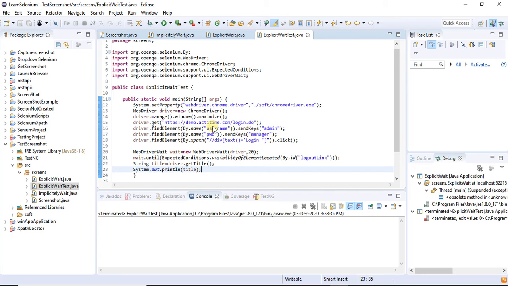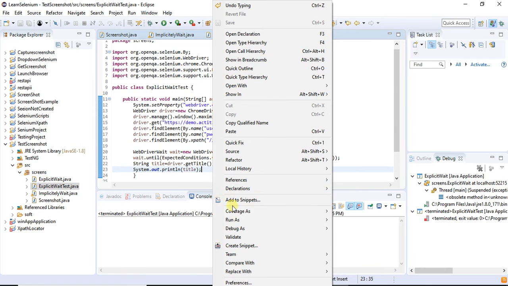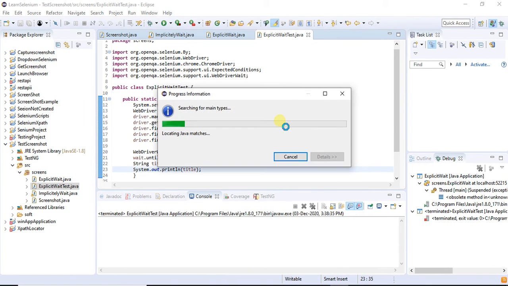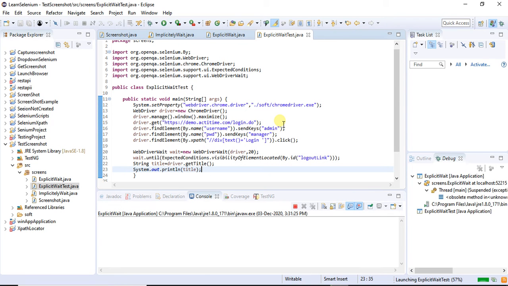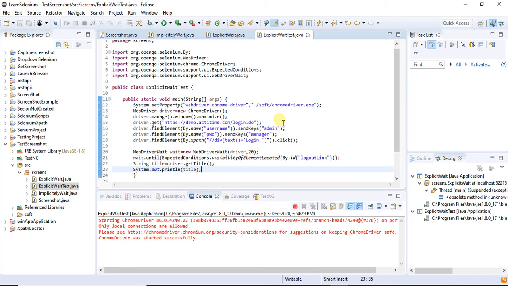Let me run this code. Right-click on it and run as Java application. I am going to explain wait.until. It does wait.until ExpectedConditions.titleContains, so it waits until the condition is met, for up to the 20 seconds I am giving.